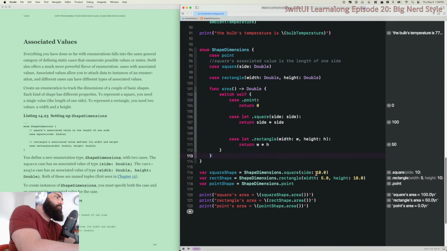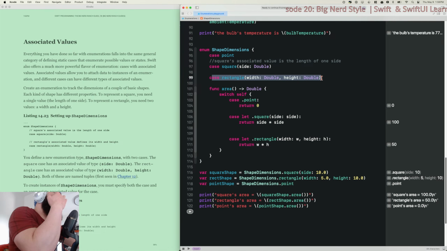So I guess the attaching going on would be, well, I guess it starts with how you define it, because you can set it at the case level what data would be attached, width and height. Yeah, okay.